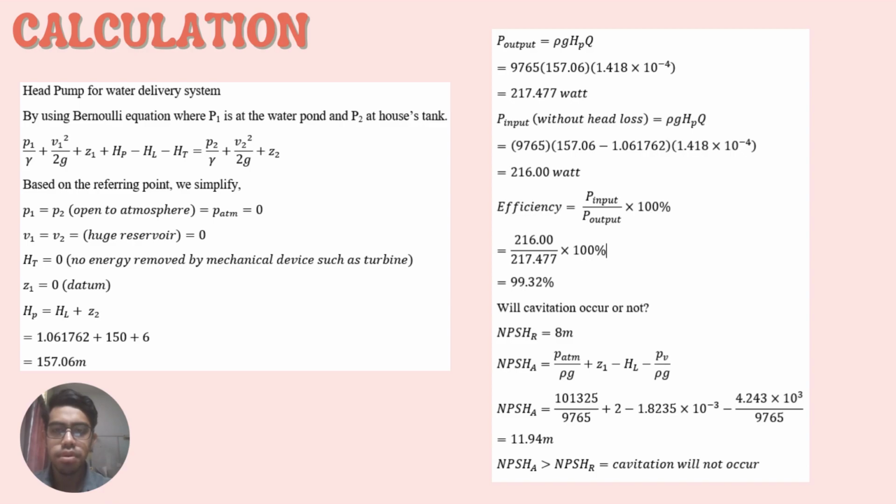Based on the reference points, we simplify that P1 equal to P2 equal to 0 because of atmospheric pressure. V1 equal to V2 equal to 0 because of huge reservoir. HT equal to 0 because no energy is removed by a mechanical device such as a turbine. And Z1 equal to 0 because of datum. Then HP equal to HL plus Z2, and we get